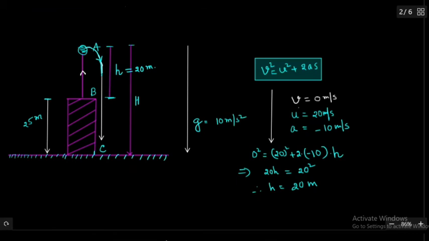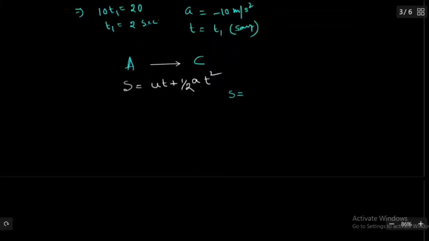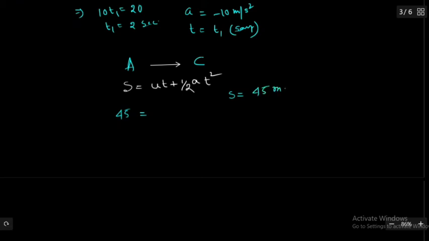So how much this H will be? You have to add this H with this building height. Means BC is 25 meter and AB is h, that is 20 meter. So if you add this, it will be 45 meters. So our capital H will be 45 meters. So we have to substitute it here. We will substitute s as 45 meter,